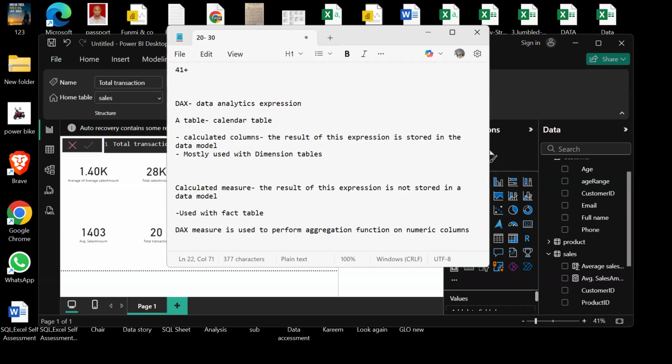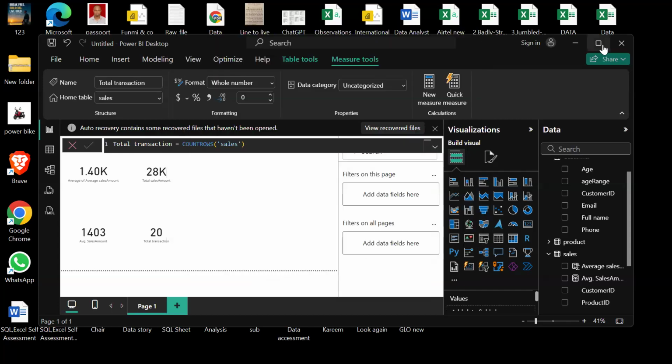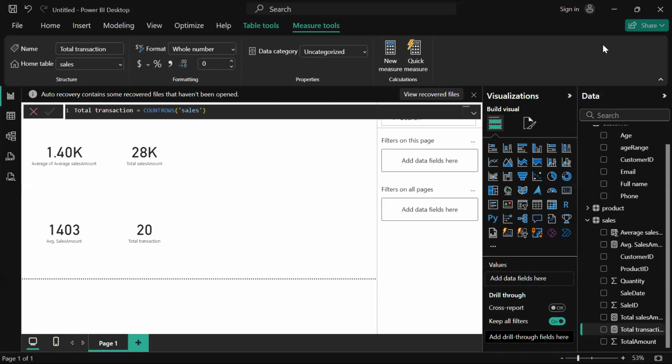Whenever there is need for you to perform an aggregate function on numeric columns, you're advised to use DAX measure. Examples of aggregate functions are minimum, maximum, count,